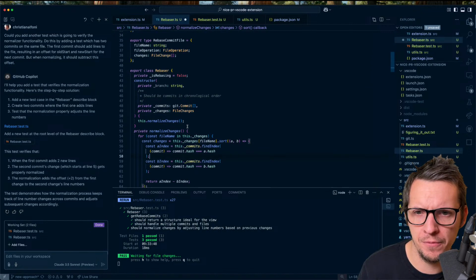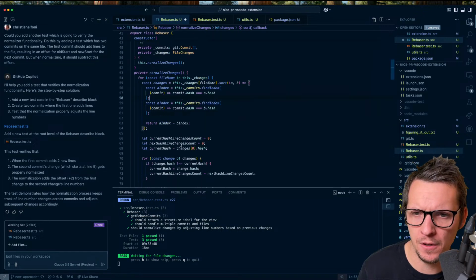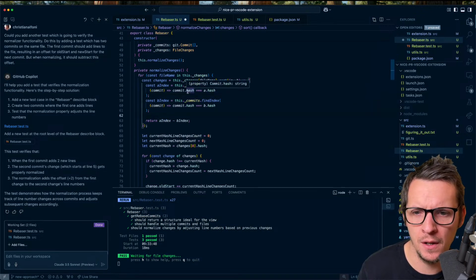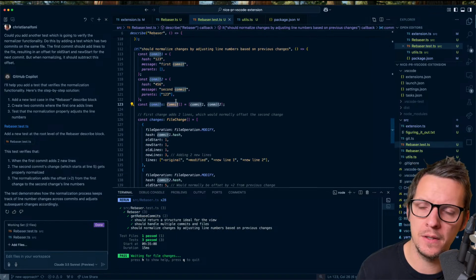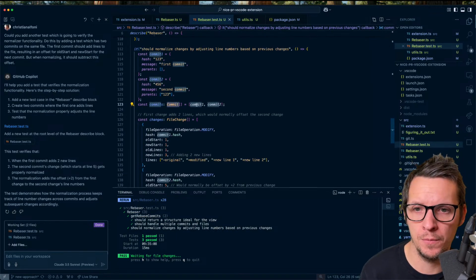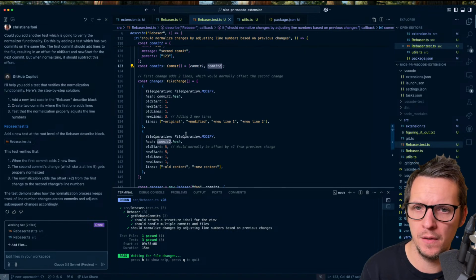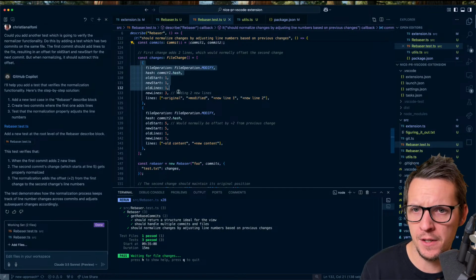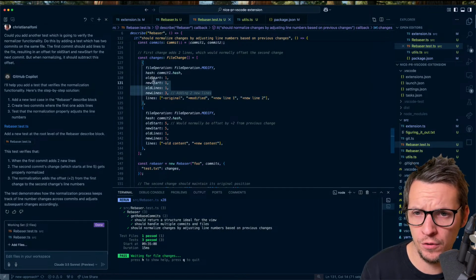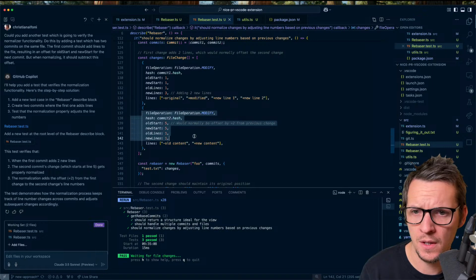Ah, it's so order of commits and hunks, and it's very confusing. But yeah, we can just look at it. So what we want is the commits come in chronological order. So it's actually first this commit, then this commit. And then we have the changes where it first added 2 new lines, and then it modified